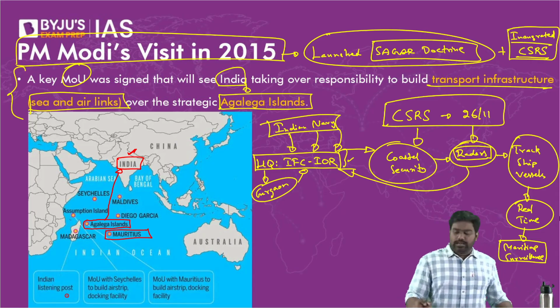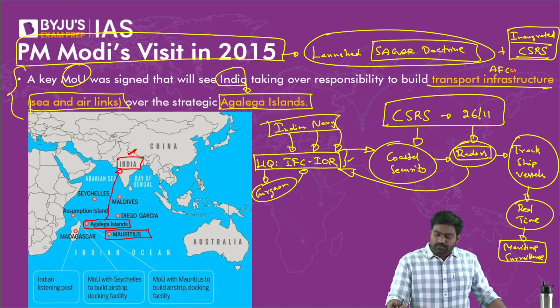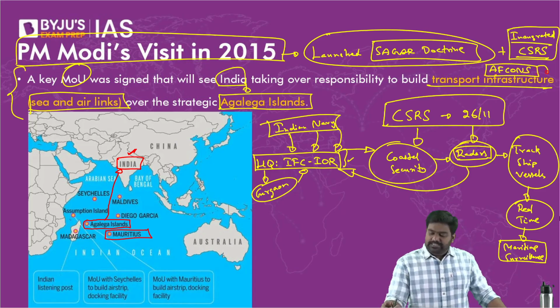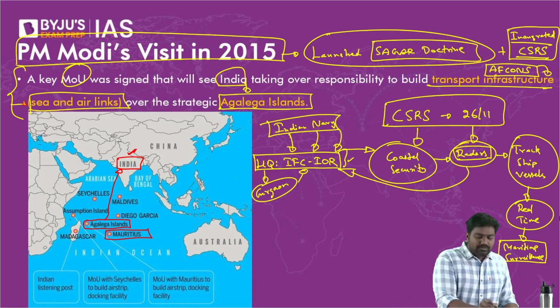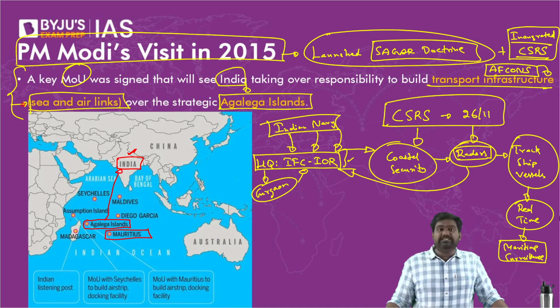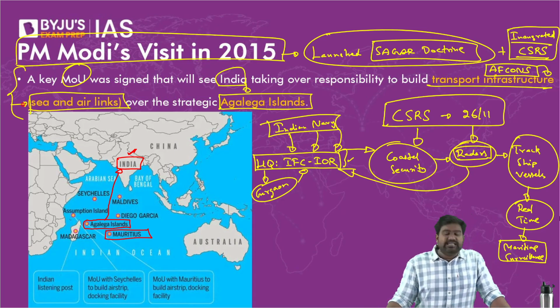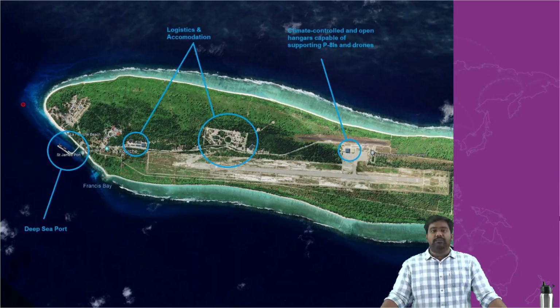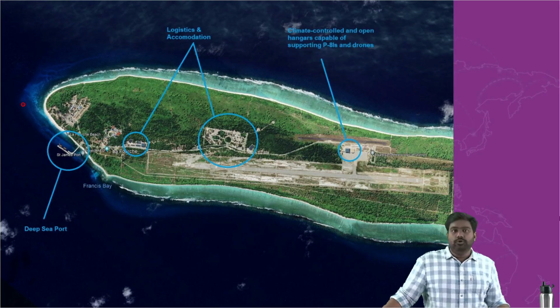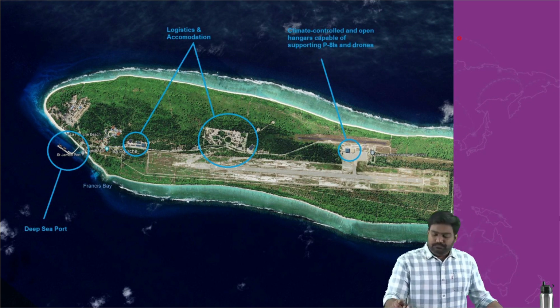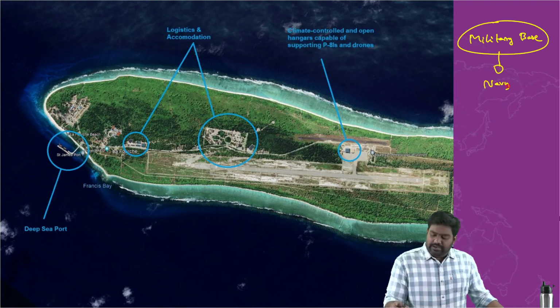An Indian company called Afcons, which is again a major construction company, has won the contract to develop dock facilities, harbor facilities, and a runway to create sea and air links to improve maritime and air connectivity. India and Mauritius have said that this is a commercial project to boost commercial ties, to improve economic activities. But many experts believe that this could potentially become a military base of India. It could potentially have a military application, as the Indian Navy and Indian Air Force can use these facilities